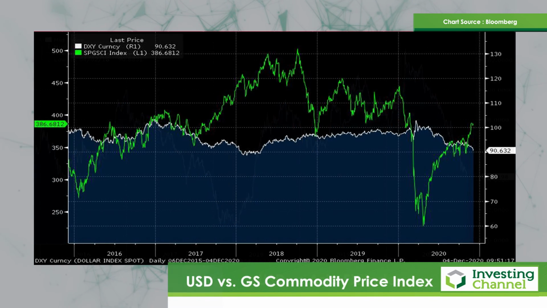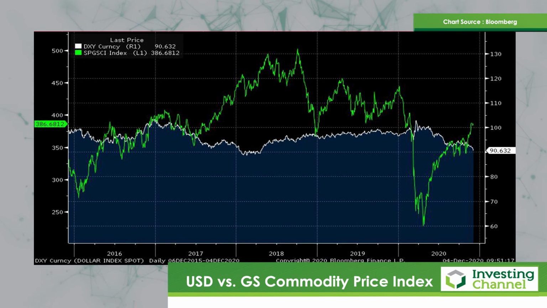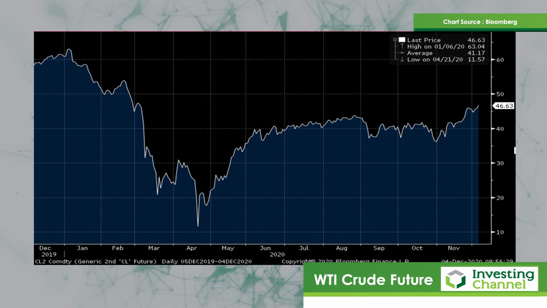Right, the fifth chart today is to highlight just how much this weakness in the dollar is helping commodity prices. And this compares the US dollar index, which is the white line on the chart, against the Goldman Sachs commodity price index. And as one can see, this has rallied very, very sharply. This makes a lot of good sense in the context of those excess trade dollars being recycled into other currencies. But my sixth and final chart is one where I would actually raise some questions.